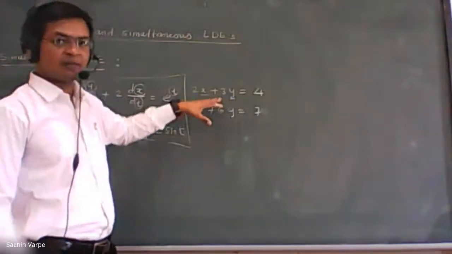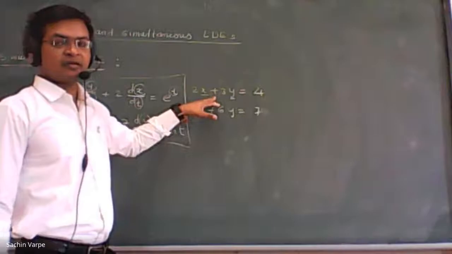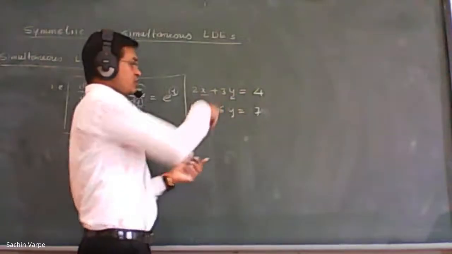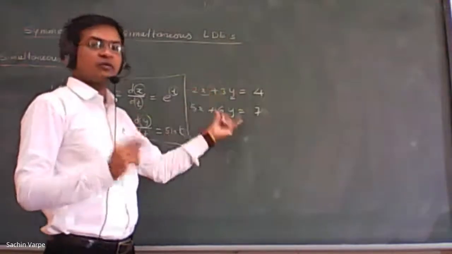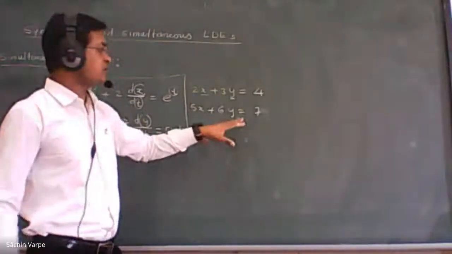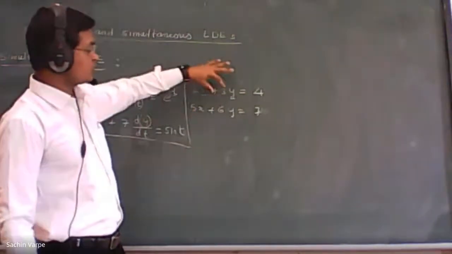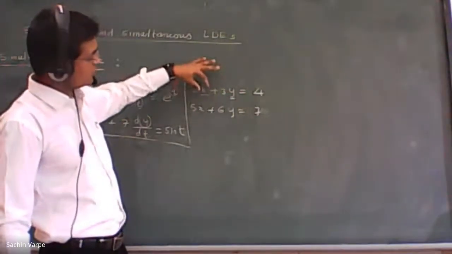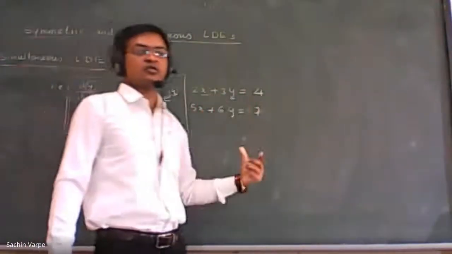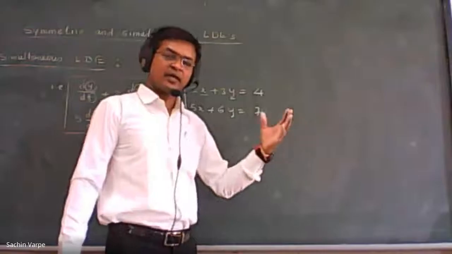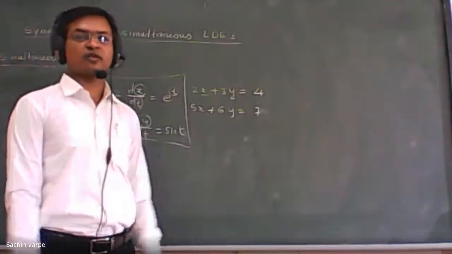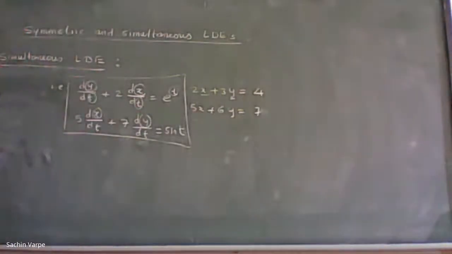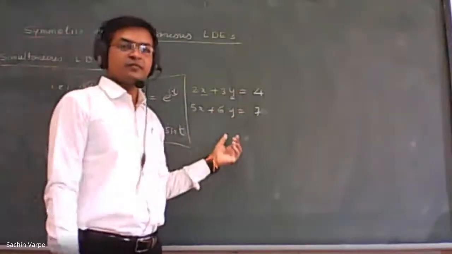But before substitution, we are applying some one method. What is that? In the substitution method, from one of the two equations, we are writing the value of one variable, and that value of the variable we are substituting into the second equation. We'll get the value of the second variable, and then that value we substitute into the first equation to get the exact value of that variable. So that is one method. Or the elimination method.